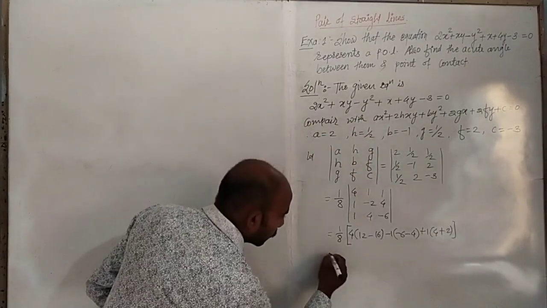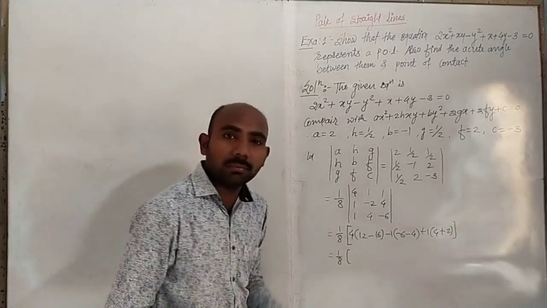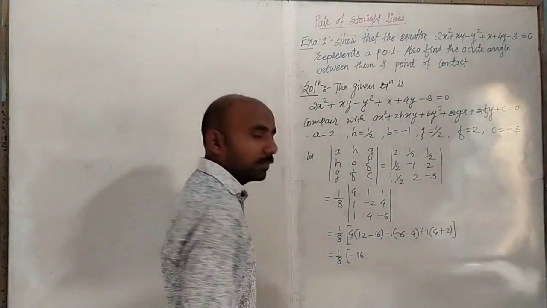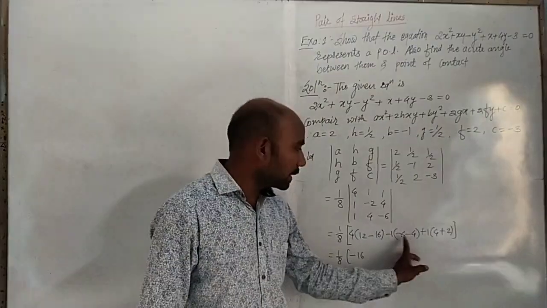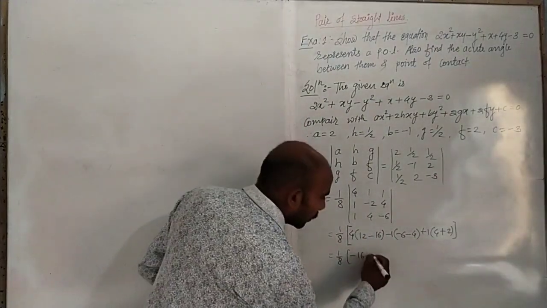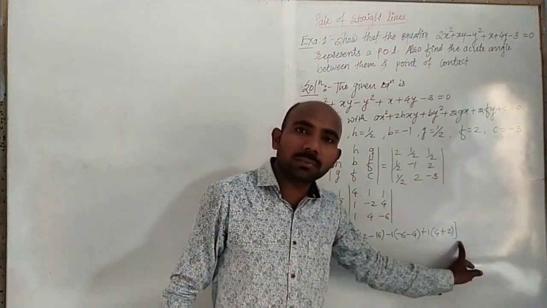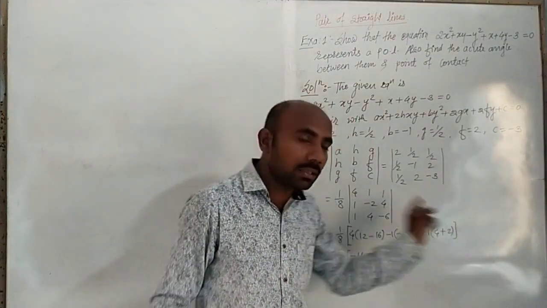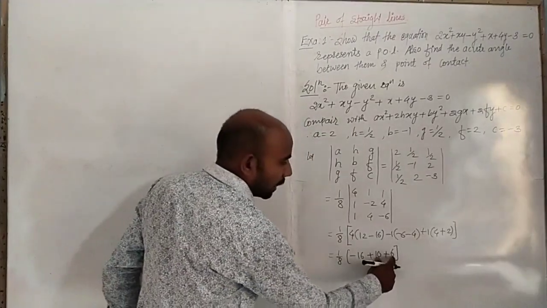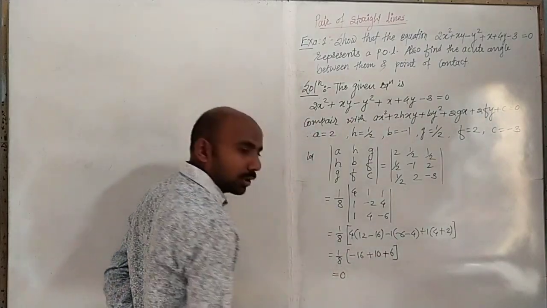We can find this. So we get here 1/8 times 12 minus 16 minus 4 and minus 4 into plus 4, that is equal to minus 16. Then minus 6 minus 4, minus 10 into plus minus 1. So we get here plus 10. Then plus 4 into plus 4 and plus 2 plus 6, 6 ones are 6, so plus 6. As we get here 10 plus 6 is 16, minus 16 is 0, and the determinant becomes 0.